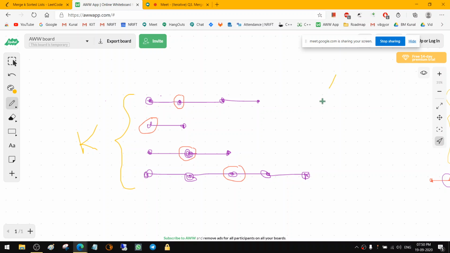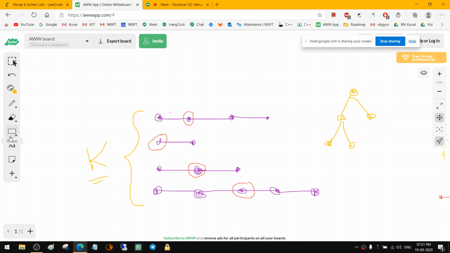In the heap we have k elements, suppose. So we can make a heap of k elements. If we add every element to the heap, then retrieving the information would take